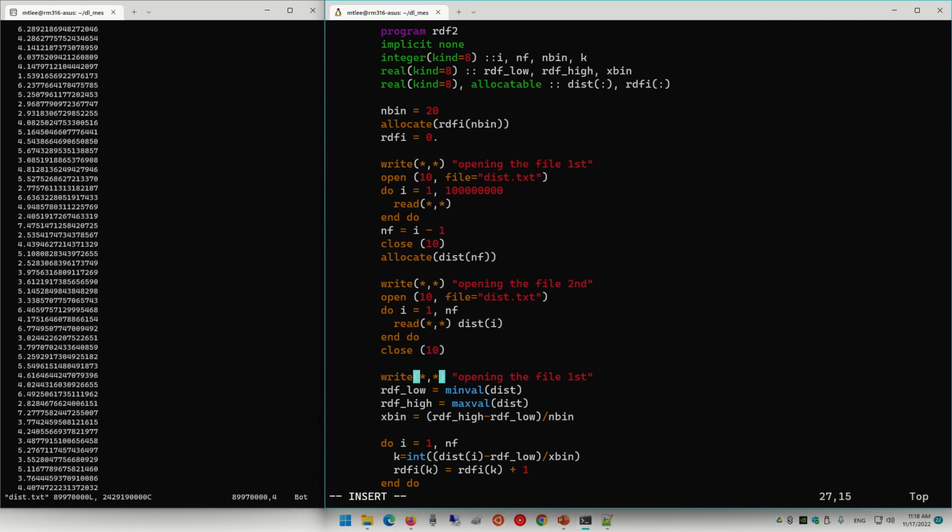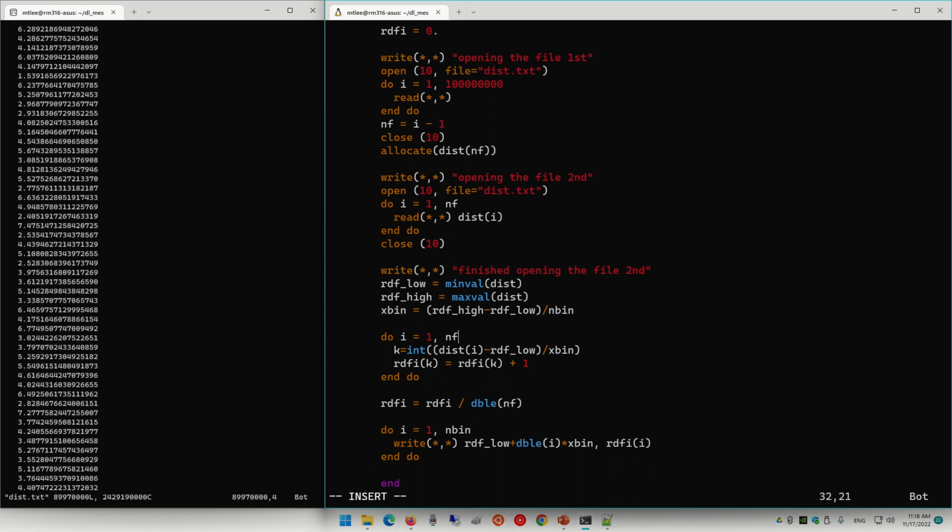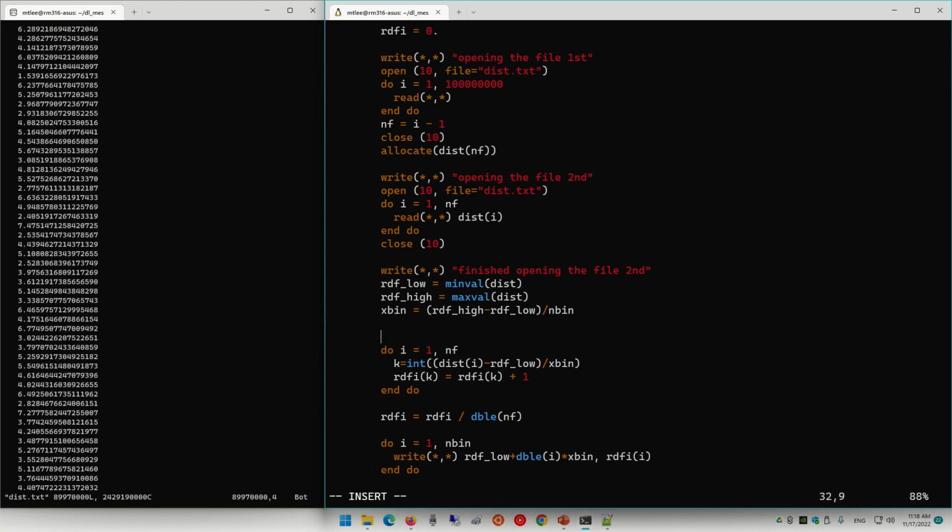And finish opening the file second time, and then write calculating RDF. All right, and then most importantly, wait, I do close that file. All right, I do close the file after I get this information.